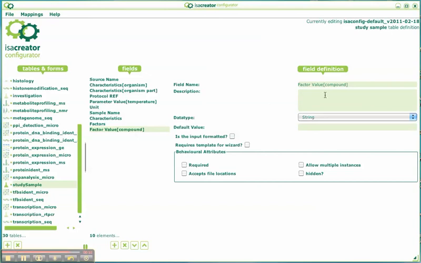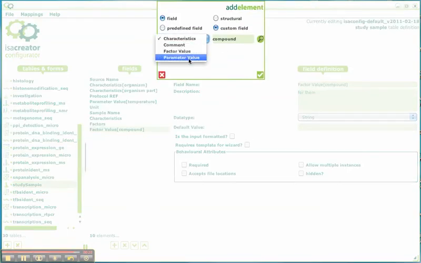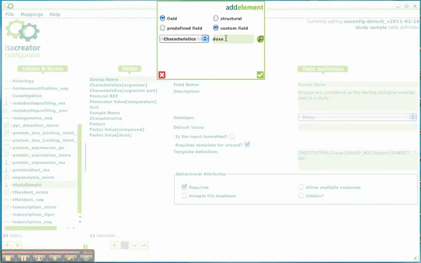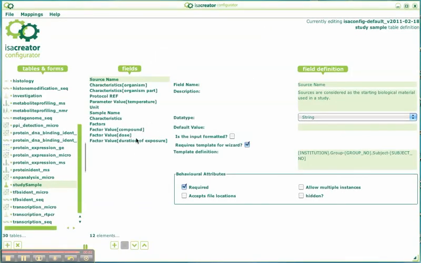It gives you better control and also better consistency across the different experiments that people will be sending to you using the configuration you have devised for them. So typically, in that case, we would like to provide dose and also possibly a duration of exposure. And we would declare those as factors. In so doing, there would be